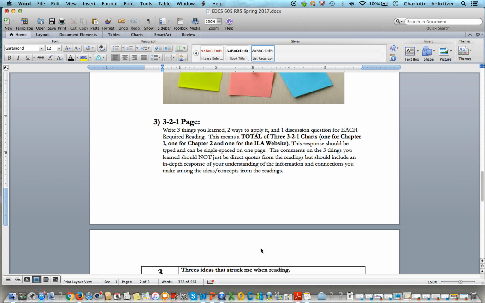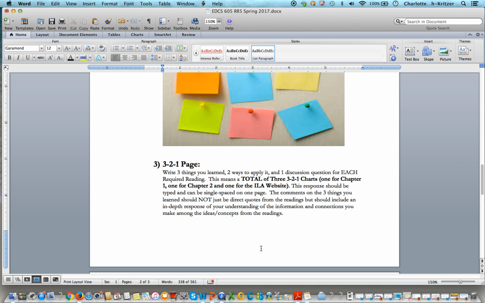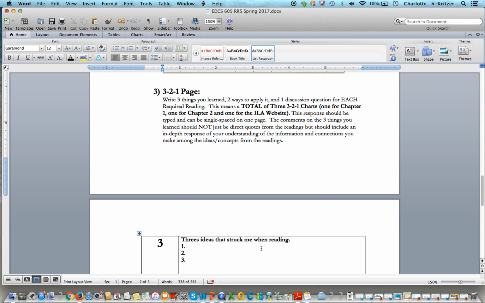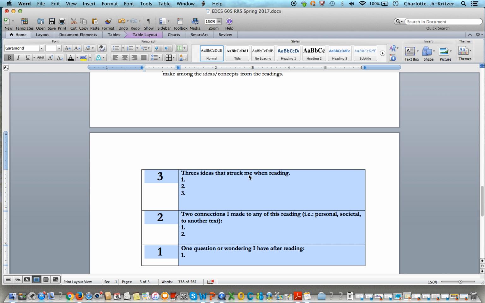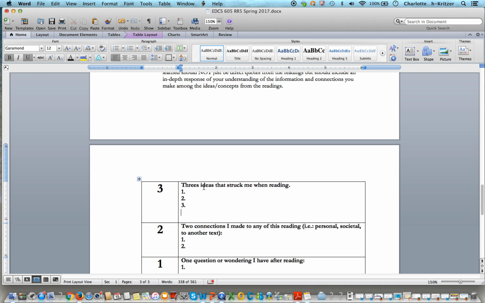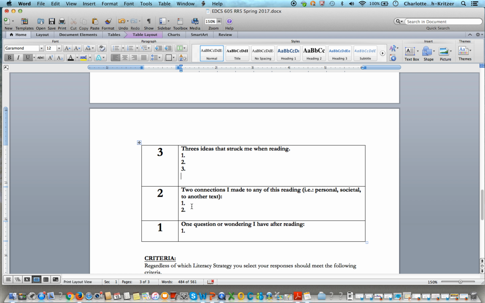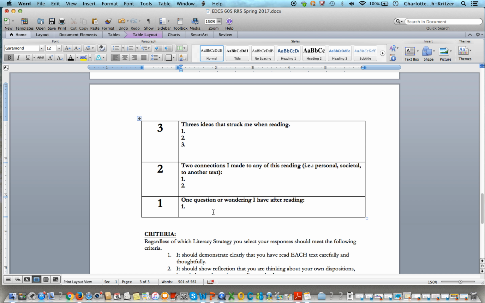And then if you don't like the Post-it note idea, there is another strategy called 3-2-1 page. And here is the graphic organizer. Again, just copy and paste this into your own Word document. And the 3-2-1 is as simple as this. You want to write 3 ideas that struck you when you were reading, 2 connections you made. These can be personal, societal. Maybe you connected it to a previous reading. Show that you made 2 connections, and then write 1 question or a wondering that you have after completing the